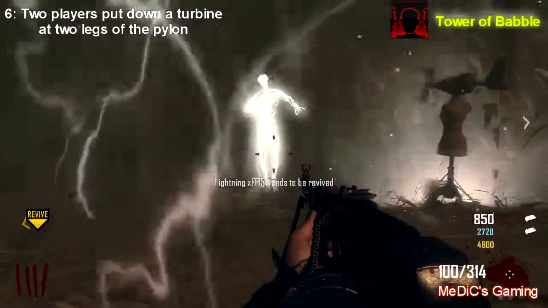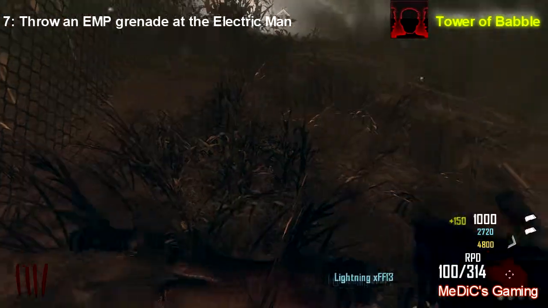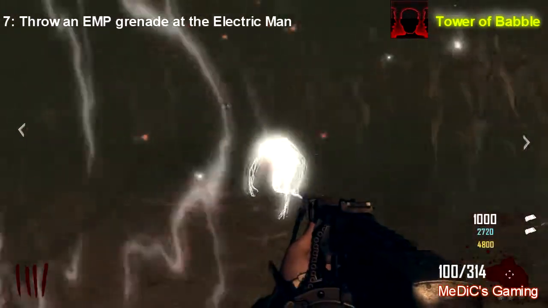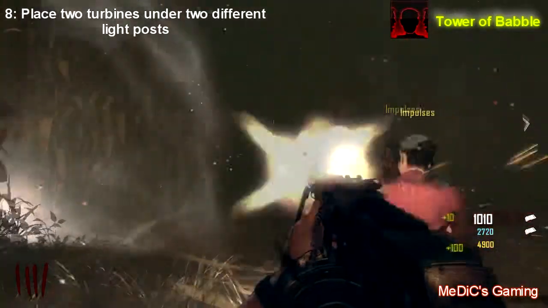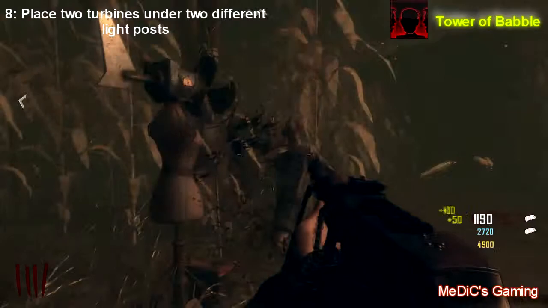Make sure your guy with the EMP grenades is not the one being attacked, otherwise this could turn really bad really fast. But once the EMP grenade guy is good and he's under the pylon, have one throw one at him, and then he'll swirl up into the sky again, and then from here we need to move on to the next step of the Easter egg, which is to place